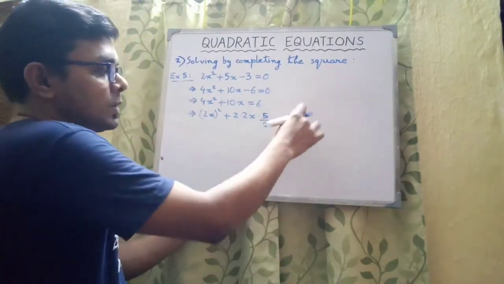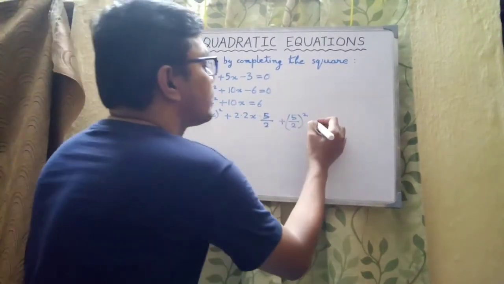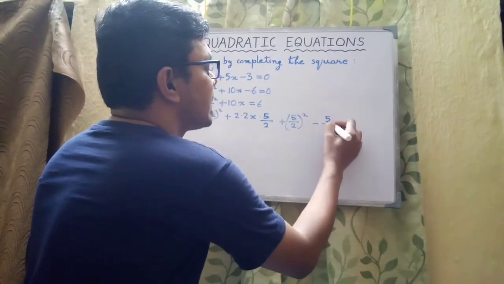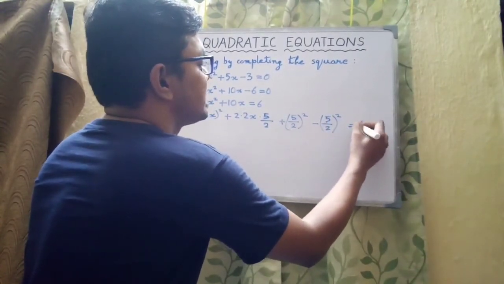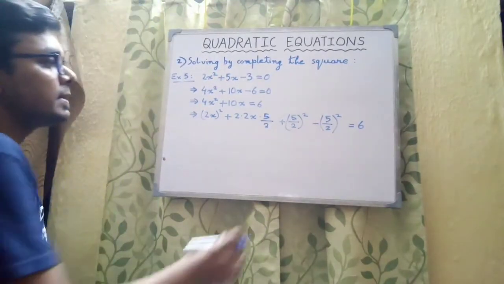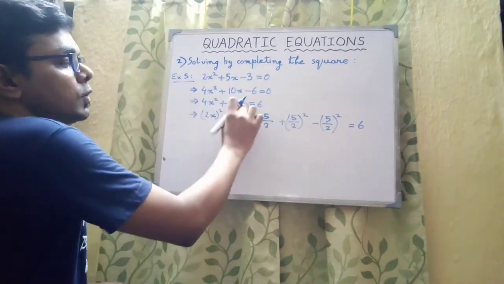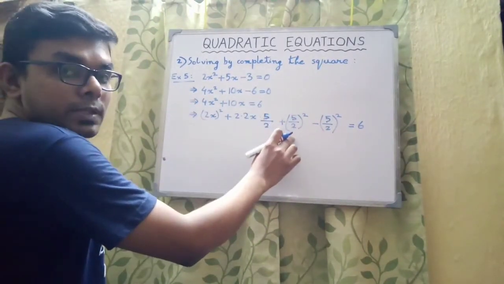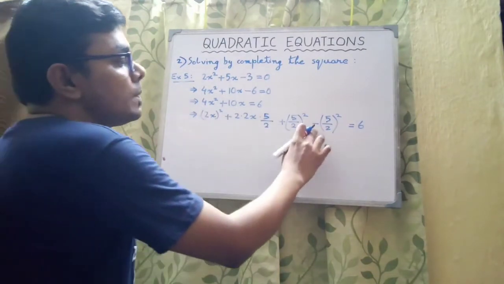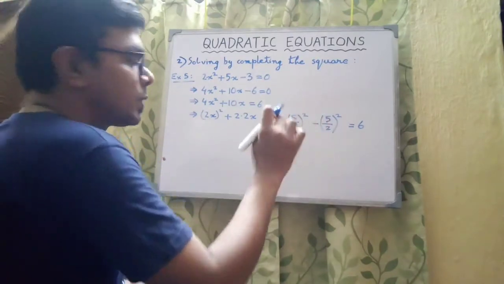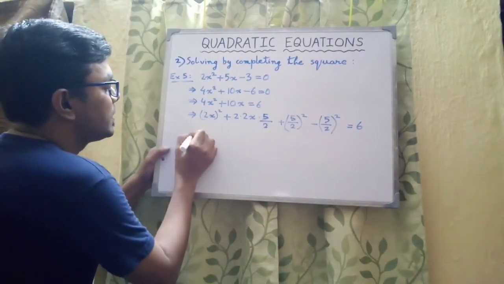Plus, but actually 5 by 2 whole square was not there, so we have to subtract it also, that is minus 5 by 2 whole square, that equals 6. Again I am saying the 5 by 2 whole square term was not over here. We have forcibly brought it to maintain the equality in both the equations. We have to subtract the 5 by 2 whole square term. So now we are left with,